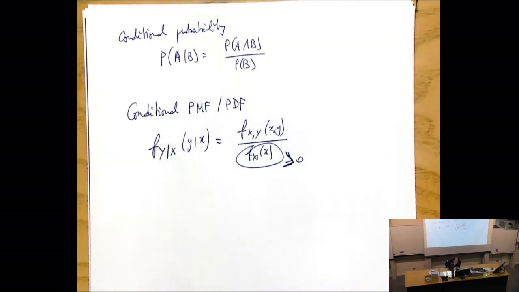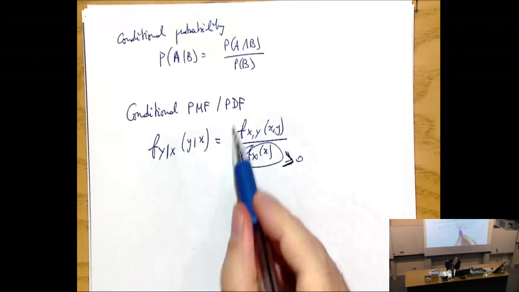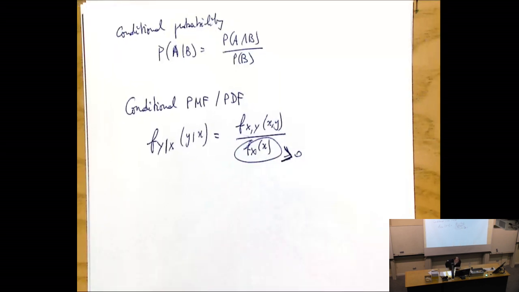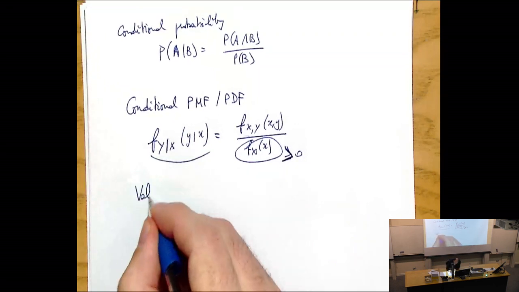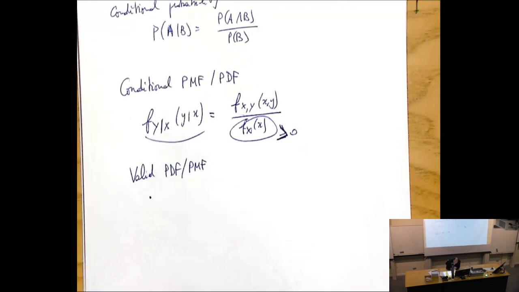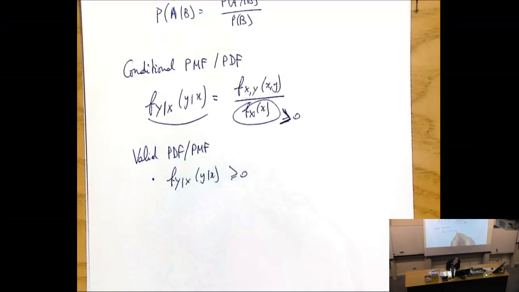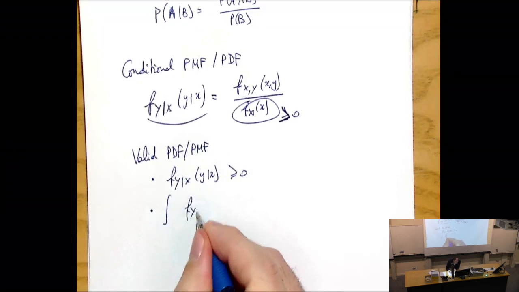Okay, so this is the definition of the conditional probability density function, and it holds also for discrete random variables. In that case, the conditional probability mass function is given by the joint probability mass function divided by the marginal probability mass function of x. And this quantity is still a valid PDF or PMF. So that means that this has to be positive, and the integral of this quantity,